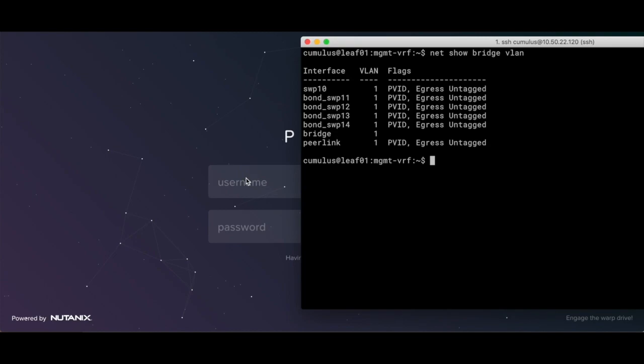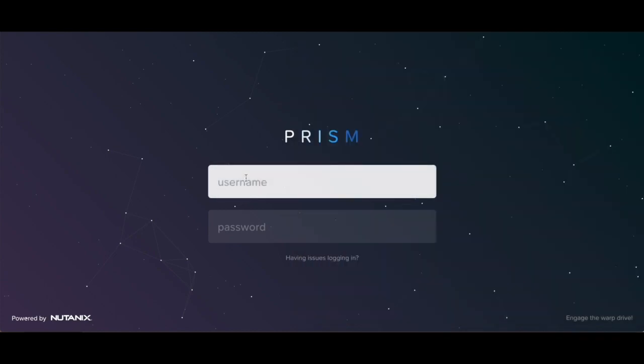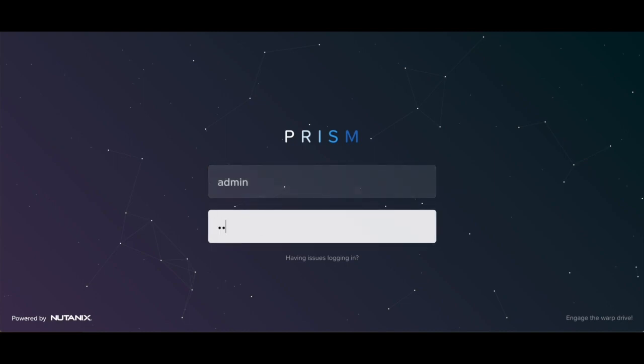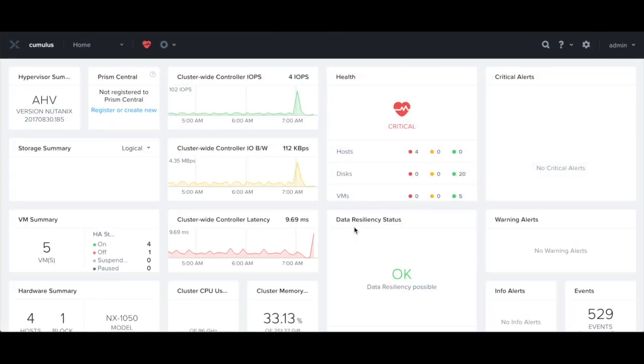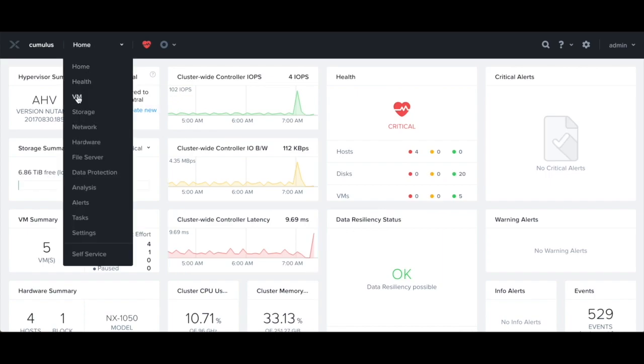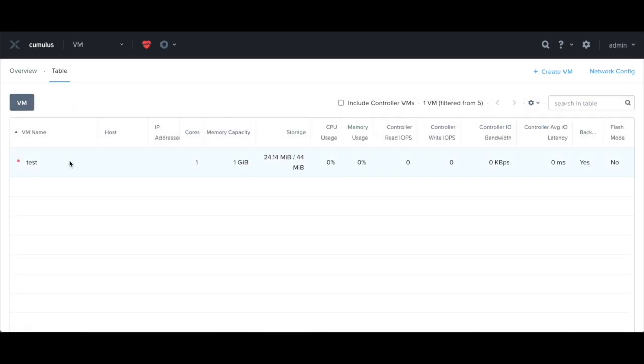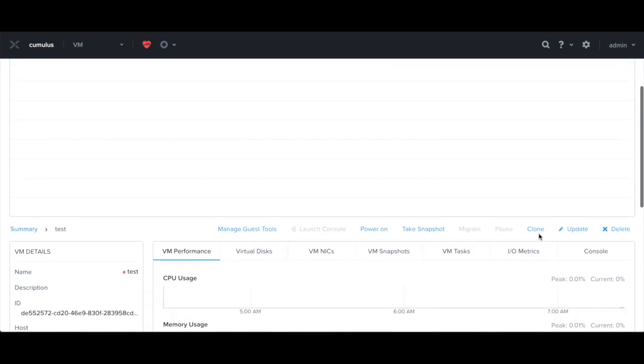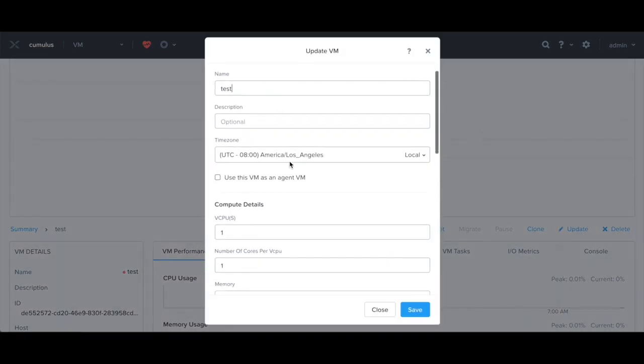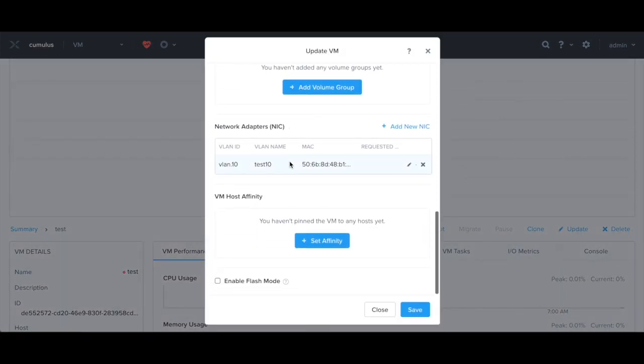Next, we can log into Nutanix Prism and power on a previously created VM. We can see that this VM was created with a NIC already in VLAN 10.